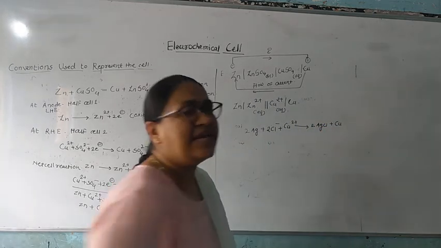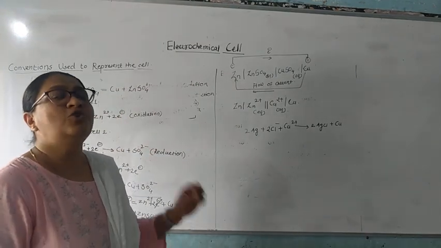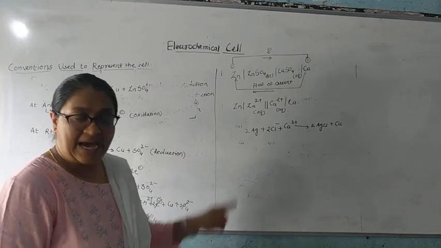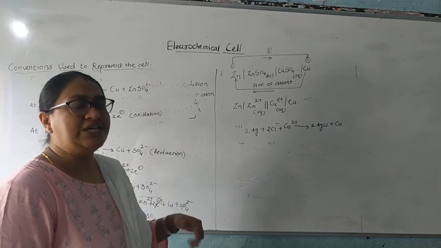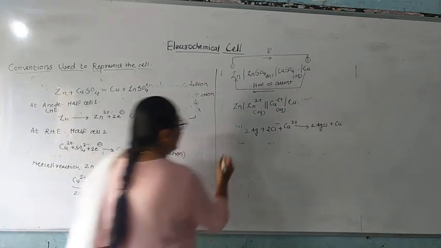So this is the reaction we have been given, and we have been asked to represent the cell. So let's first write the reaction at LHE, then RHE, then the net cell reaction, and then we will represent the cell. First at